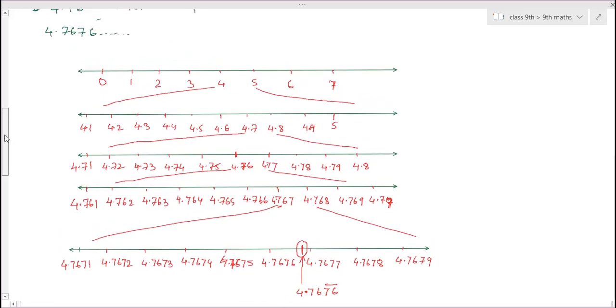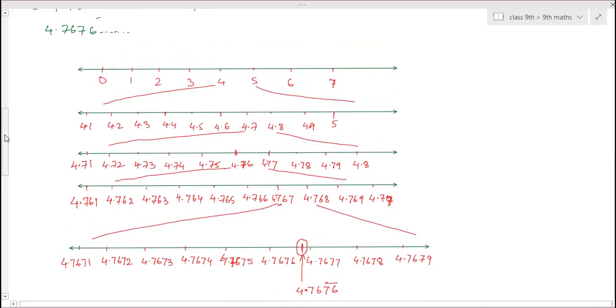Then draw this. Ma'am, if it is 3 digits repeating, so they'll tell us to still where we should find it. Yes, whether it is 3 decimal places or 4 decimal places or 5 decimal places, they will mention in the question. In the question it is mentioned whether you have to do with 3 decimal places or till 4 decimal places or 5 decimal places. Okay, ma'am.